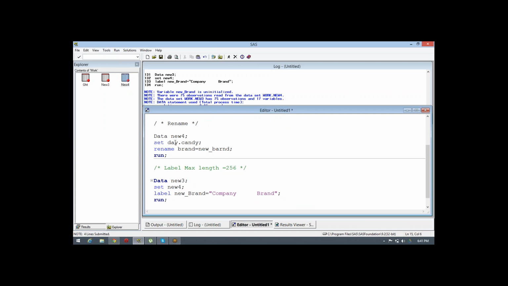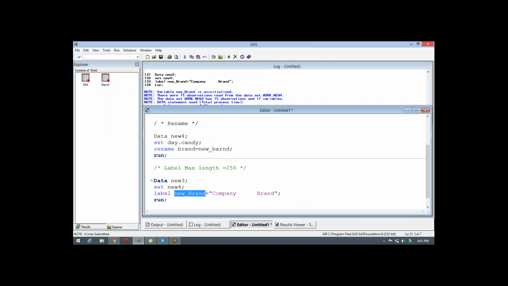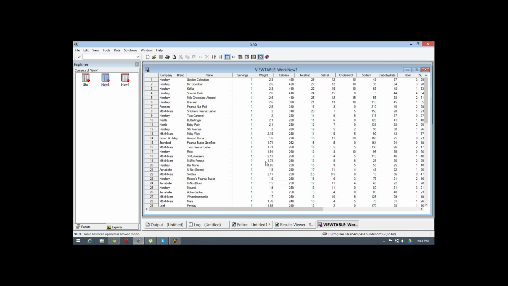From day.candy we have created a new data set new 4, and into data new 3 we are creating a new data set again. And here we are using a label for particular variables, so we create a new data set with this.